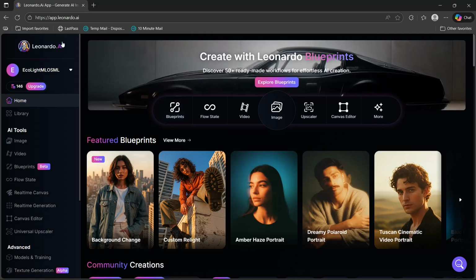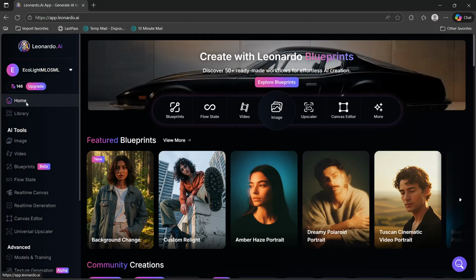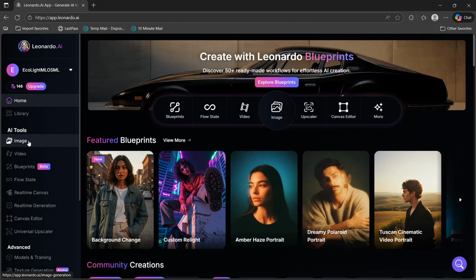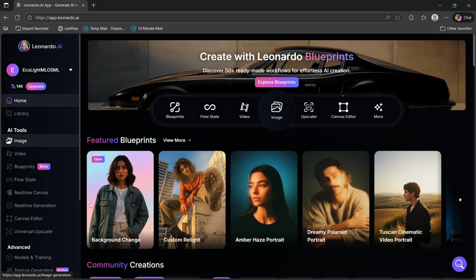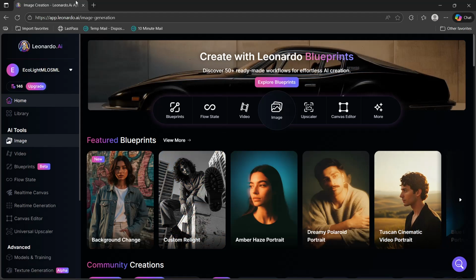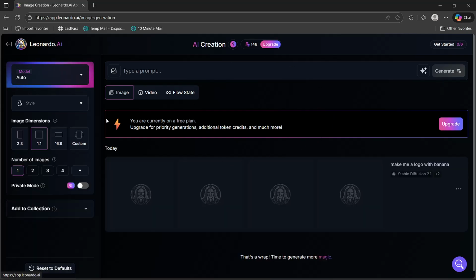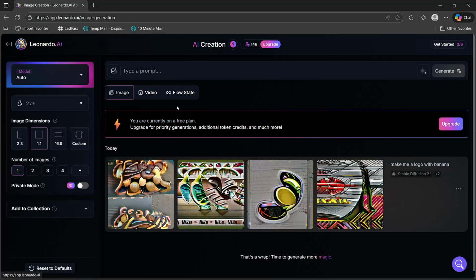The first thing that you will have to do once you're on your homepage is just click Image, which is right here on your left panel, and wait for it to load. It might take a while. It really depends on your internet connection. So once you're here, what you will have to do is look for